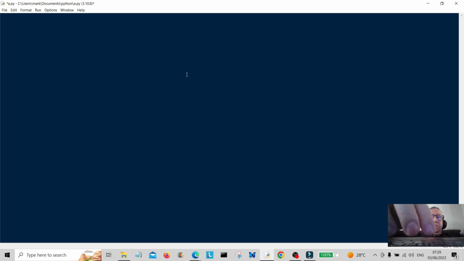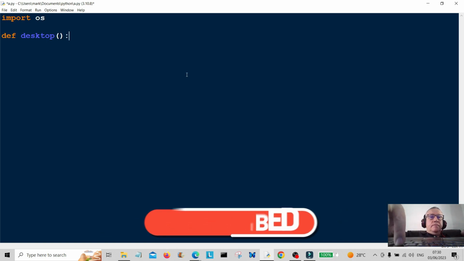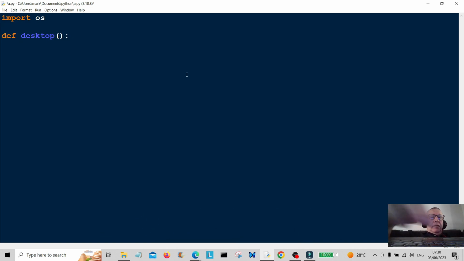Today we're going to create a function that gets the desktop path and then we're going to return the desktop files. So here's the function desktop, and we're going to create desktop path, which is going to be equal to